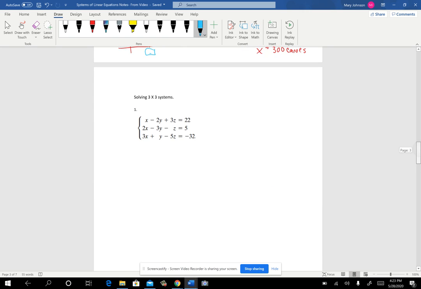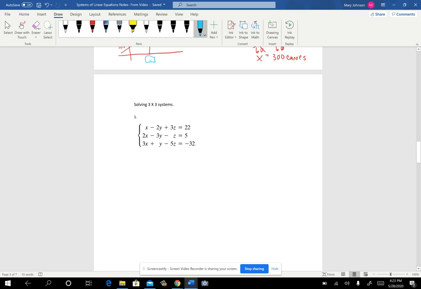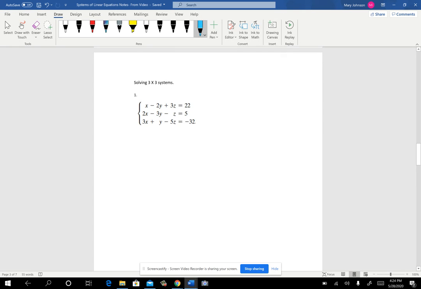All right, so one extension to solving a system of two equations and two variables is throwing in a third variable. So this video is going to look at that, how we can extend the ideas to be able to solve a system that's three equations with three unknowns. All right, and you really have to get the general concept and then just be super careful about